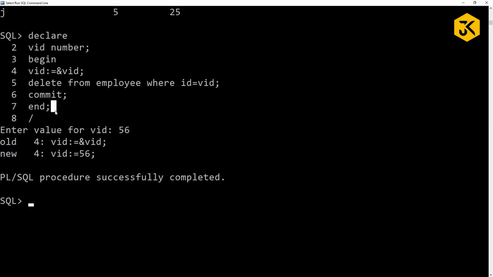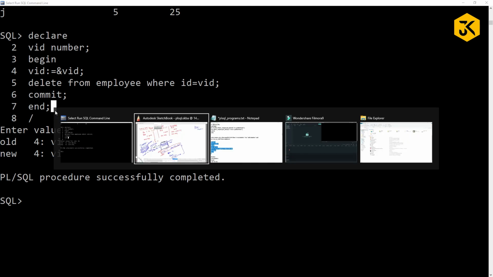We don't know what is happening at the back end. If you execute directly, whether the data is deleted or not, we don't know. For that, we are moving to cursors. So